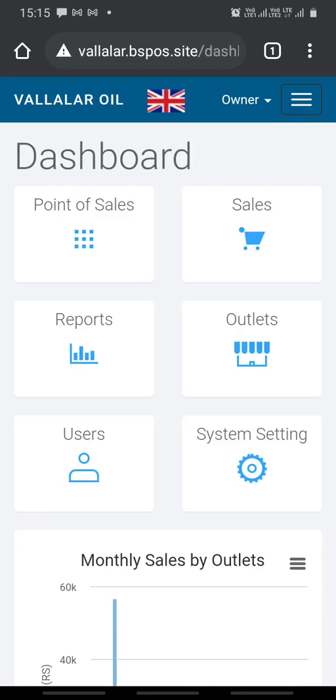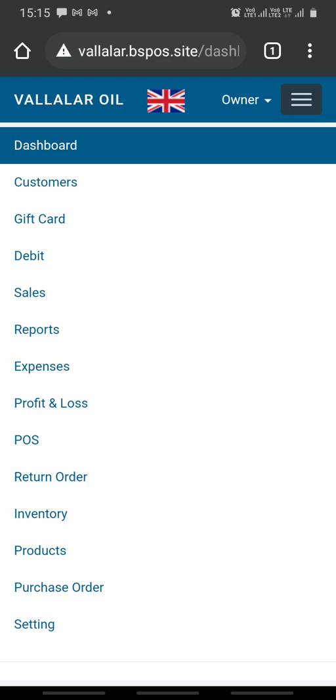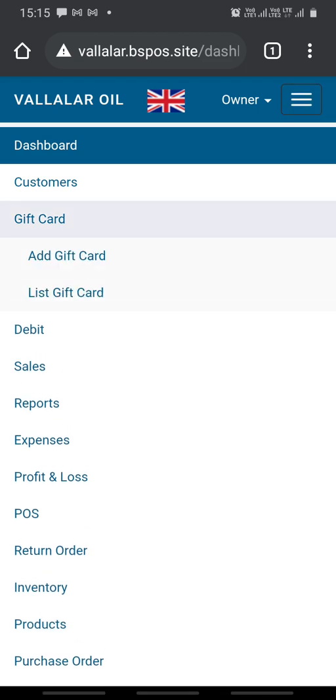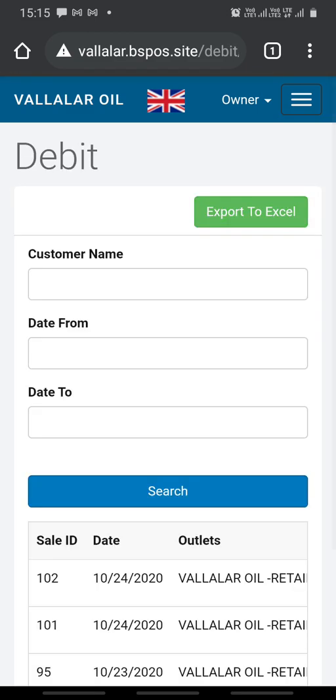So now we will see the other features here. You have customers: all the details of customers who walk into your store will be stored in customers. You can also generate gift cards. You can add a gift card and list gift cards, and you can also see the debit card sales.